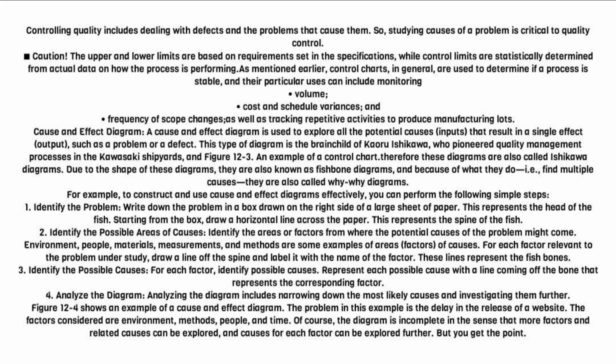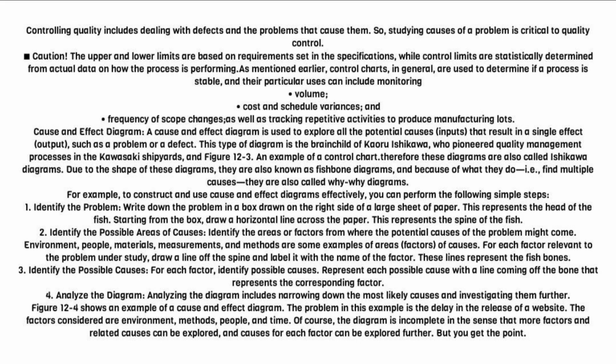Controlling quality includes dealing with defects and the problems that cause them. So, studying causes of a problem is critical to quality control. Caution: the upper and lower limits are based on requirements set in the specifications, while control limits are statistically determined from actual data on how the process is performing. As mentioned earlier, control charts, in general, are used to determine if a process is stable, and their particular uses can include monitoring volume, cost and schedule variances, and frequency of scope changes, as well as tracking repetitive activities to